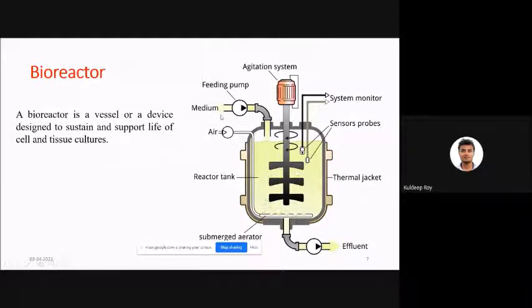Then what will be required? You will require the agitation. Why agitation? This is the crucial part of your reactor system. Agitation will remove the mass transfer limitation because you need higher mass transfer. What does that mean? Why mass transfer? Because the cell is your solid surface and the liquid resides in the bulk. Then the cell consumes the iron or mineral or organic source and it will grow. If they grow, it will produce some kind of product.